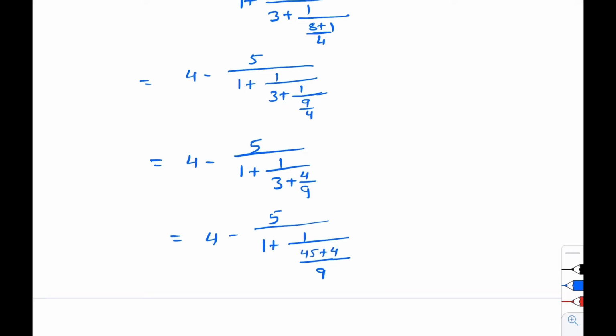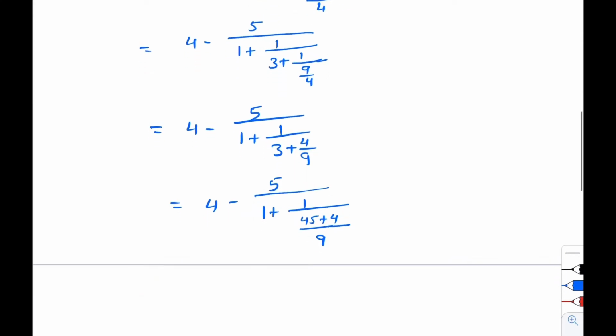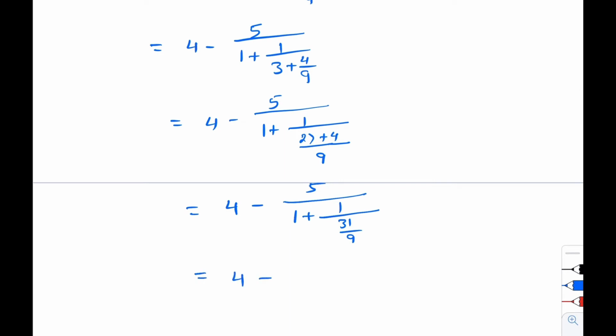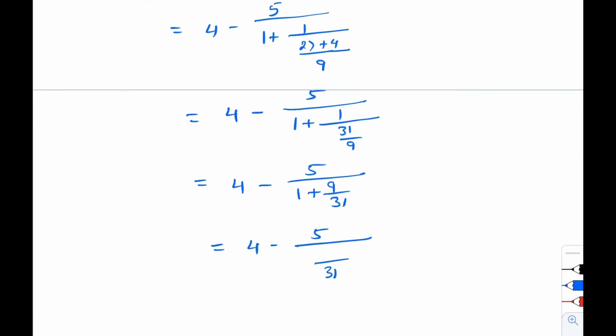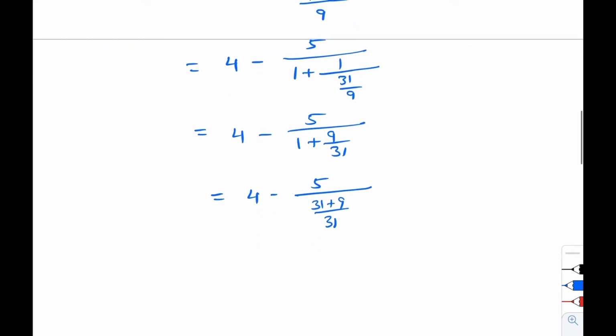27 plus 4, and this is equal to 4 minus 5 upon 1 plus 1 upon 31 upon 9, and this is equal to 4 minus 5 upon 1 plus 9 upon 31, and this is equal to 4 minus 5 upon 31 LCM, 31 plus 9, and this is equal to 4 minus 5 upon 40 upon 31, and this is